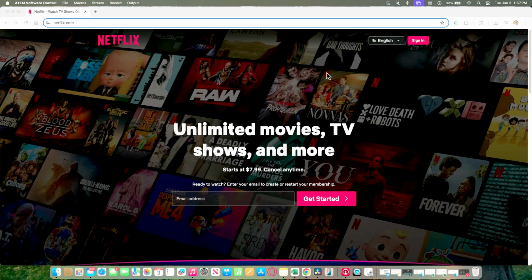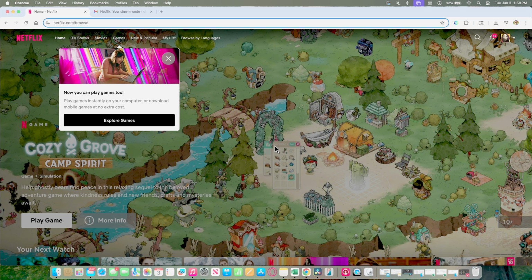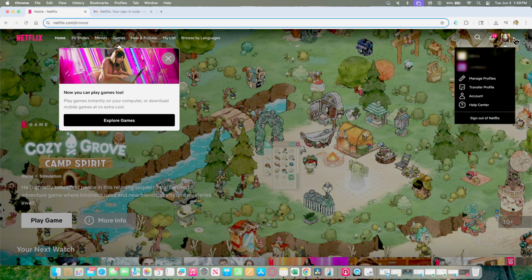So basically you just need to come to netflix.com and look for the login page and just hit here, sign in. Then you can log into your page. You can use your email address or use a sign-in code. Log into my account. And here on the right side, you just look for the user that you want to